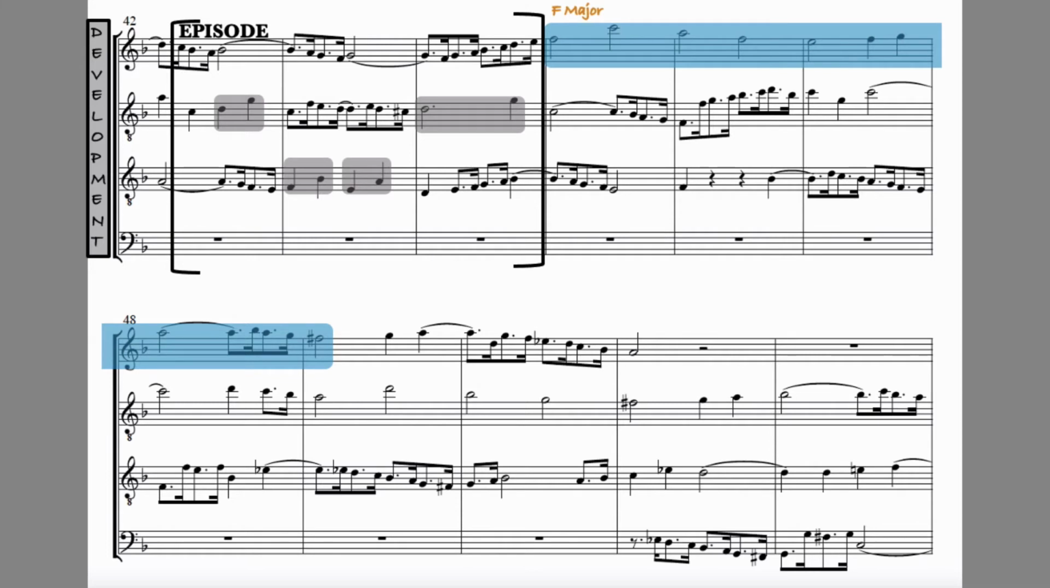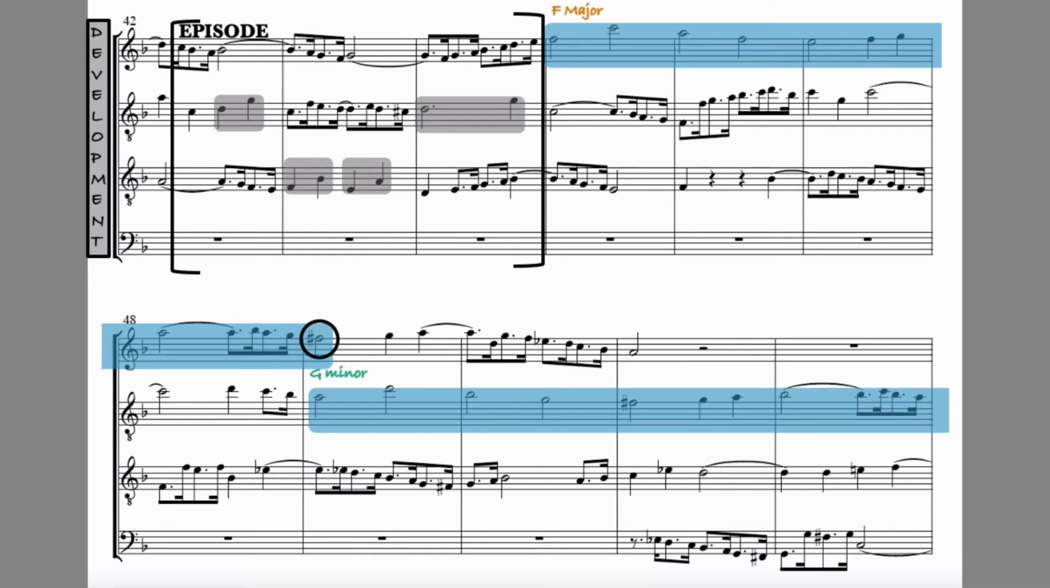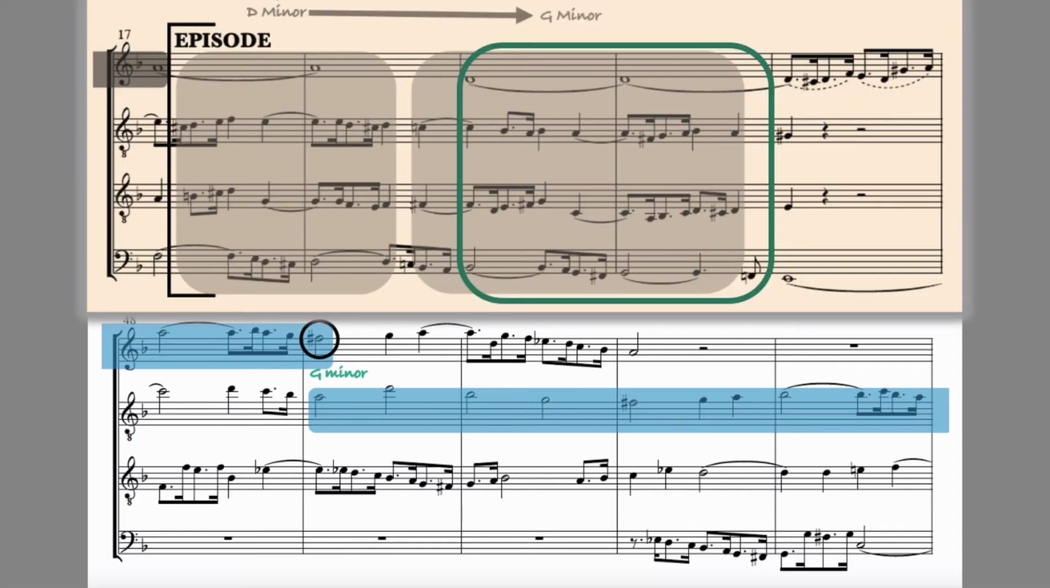Rather than ending on the note it began with, as the subject usually does, this iteration of the subject slips up a semitone on the last note to F sharp, taking us into a version of the theme in G minor. This key change was foreshadowed earlier in the Contrapunctus, if you remember, in bars 19 and 20, but note